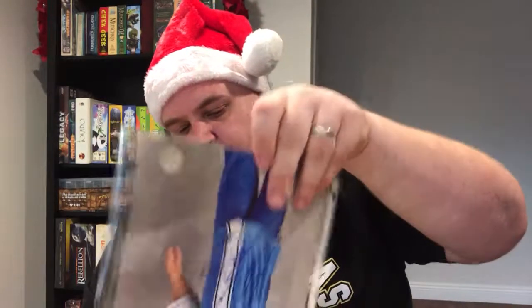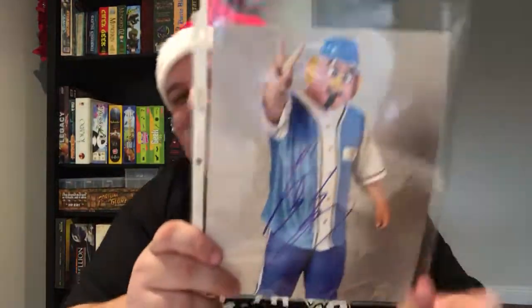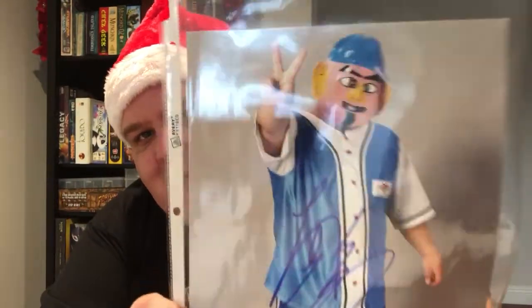Moving on. So we've got things in a plastic sleeve, and we'll see what those things are. One of them is obviously going to be an autograph, but there are other items as well. And I see Kikuhara right away. I see a little Kikuhara biography. Okay, that makes sense. So your autograph for the month. I did not see this coming. So that's Kikuhara,